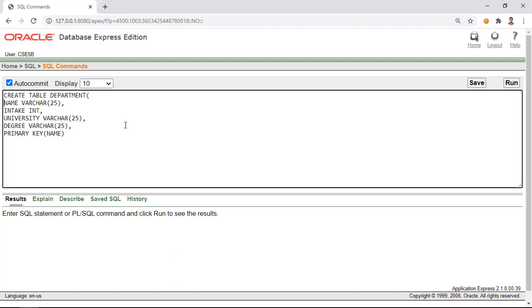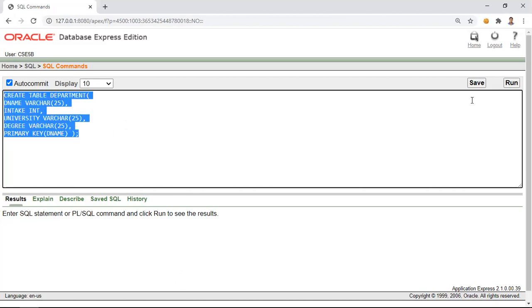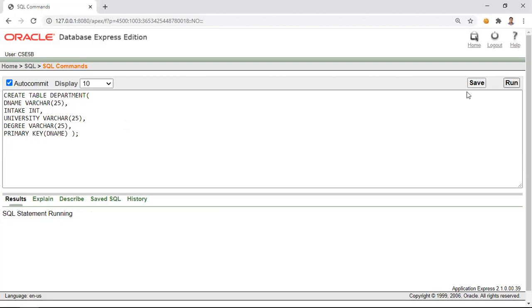So we can add a D over there, D name, indicating it is a department name. So here also primary key of D name. Then we shall close this parenthesis and try to create the table.